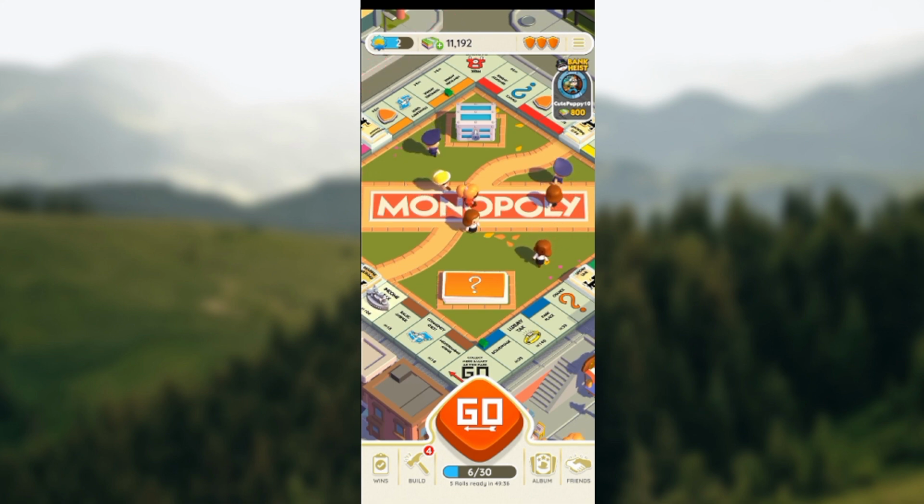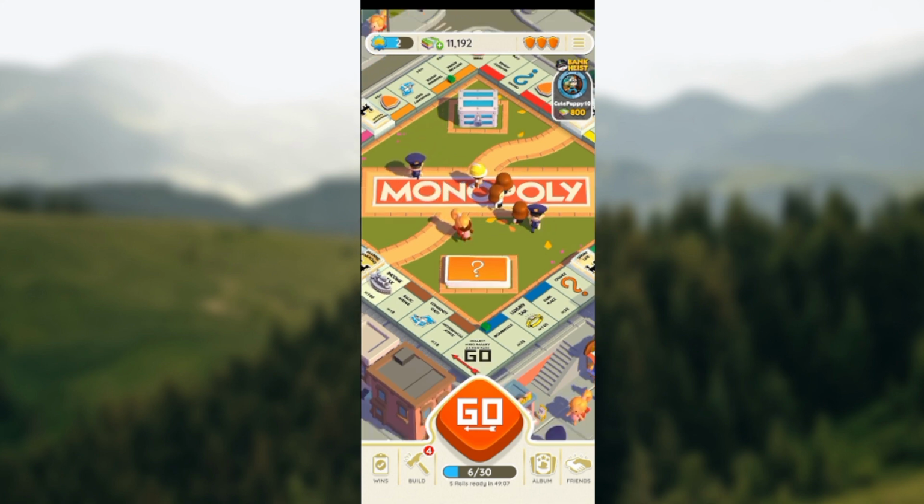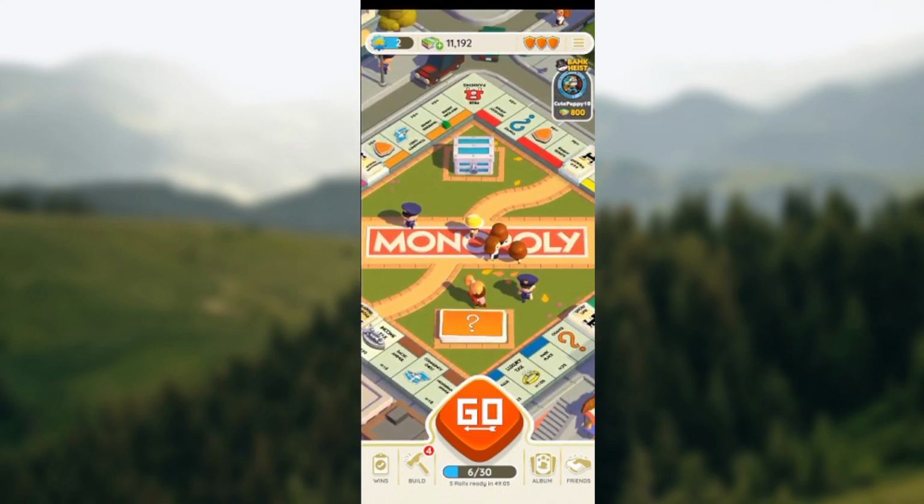The first step is to open up the Monopoly Go app, just like I've done here. And then by the lower right corner of the screen, you will see the album icon. Just click on it. Now, for me, I cannot go further from here because I have not met the requirement. As you can see, I have to reach a certain number of gems before I can unlock the album option. But for you, once you've met that qualification, just go ahead and open the